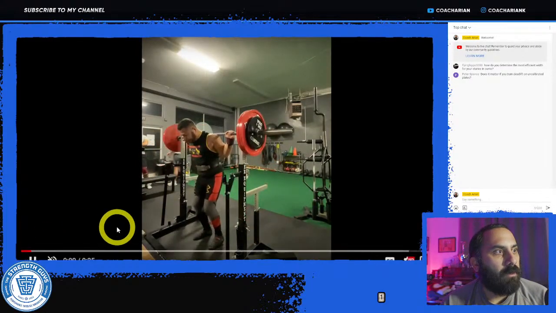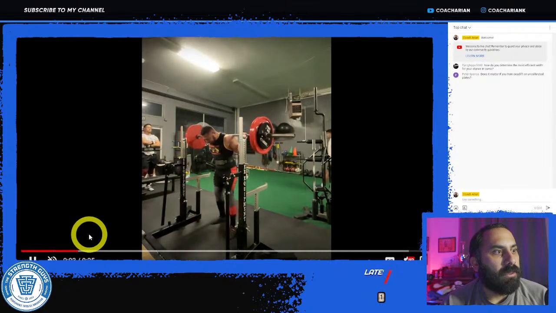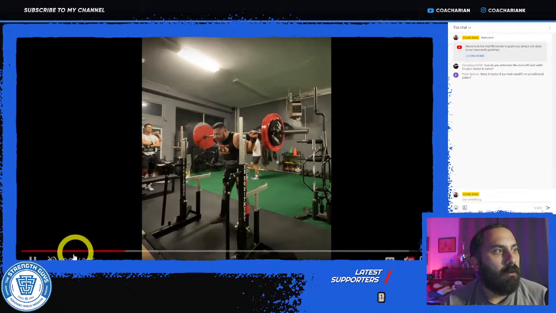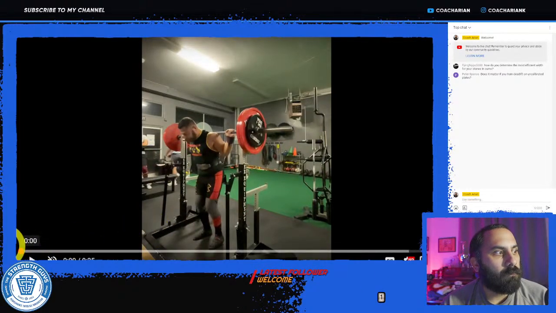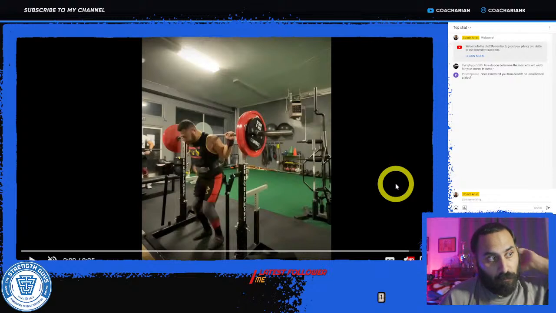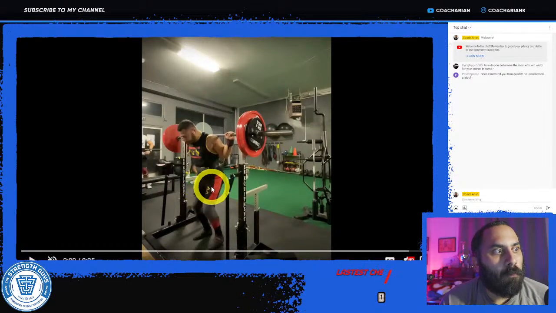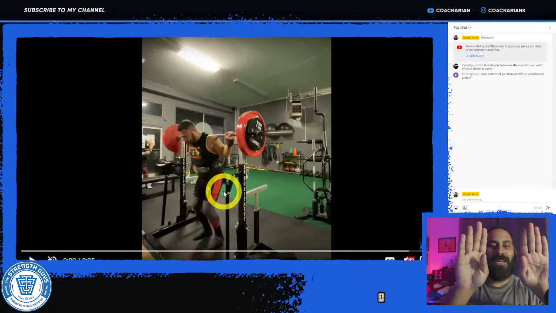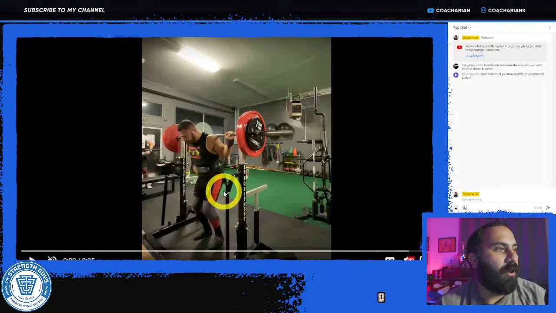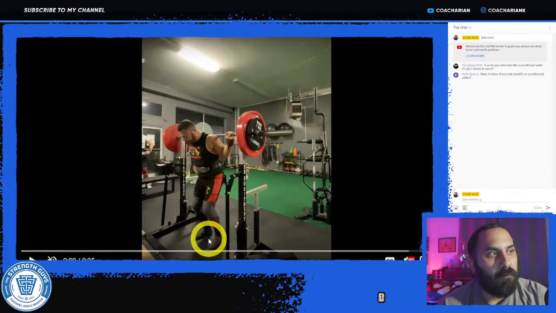So pretty solid squat here. Let's go back as far as the setup and walkout. So let's go back one more time. Maybe a direct front view would let us see it better, but potentially he could bring his feet in a little bit closer to have them directly underneath the hips and stand straight up. It looks like maybe he's a little bit out wider, but it's hard to tell. So potentially could bring this in a little bit more, but potentially it's fine.